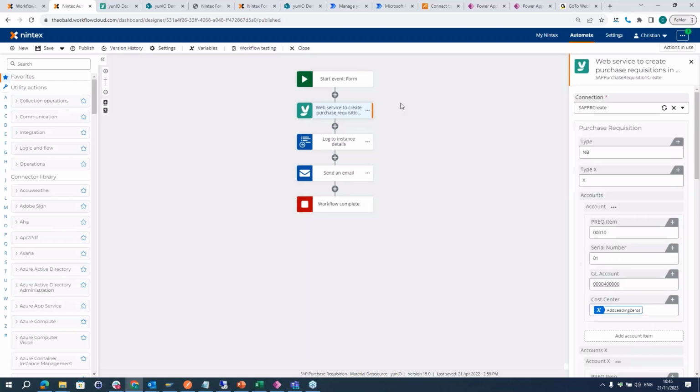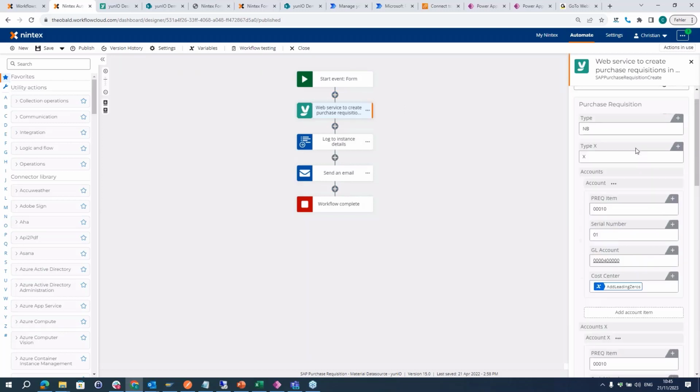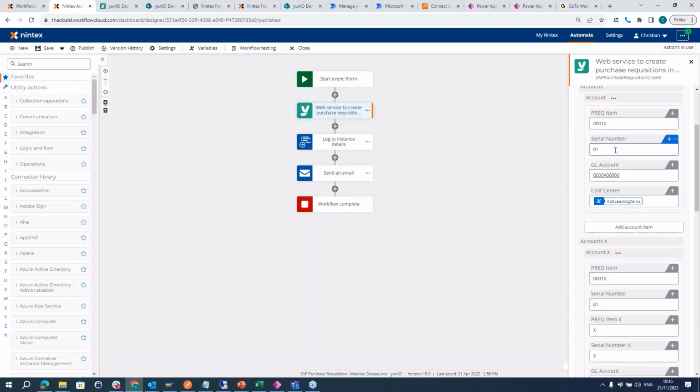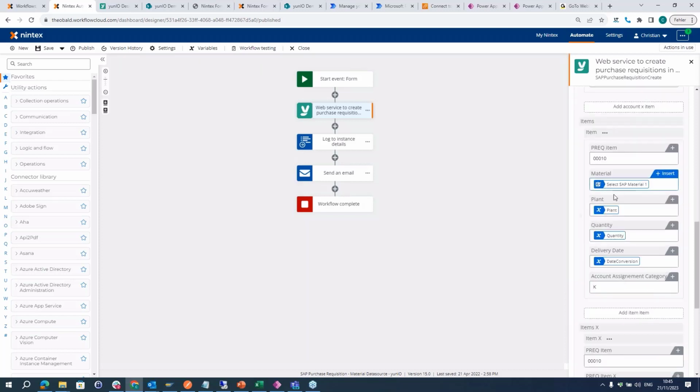Just integrate it via drag and drop into the workflow designer and integrate it with your field mappings. You can assign some fixed values, or you can map values from the form to the connector. So for example, I have assigned the plant, quantity,